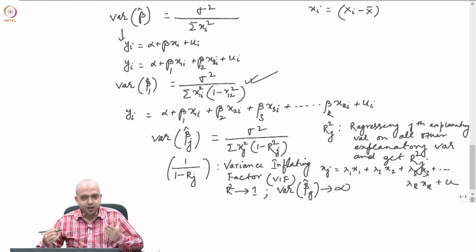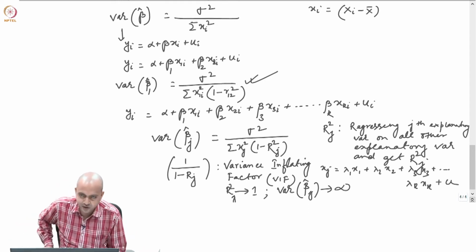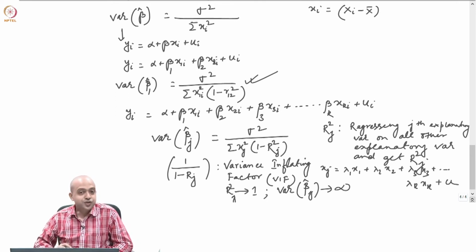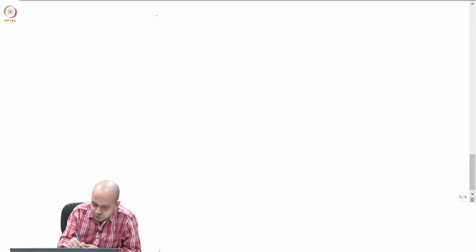Okay? If there is a high degree of linear dependence among several explanatory variables, that means you can expect R square j would be quite high, and if R square j tends to 1, you will get variance of beta j tending to be infinite. So, that means this is a serious consequence. So, what will happen? That means variance of beta j,